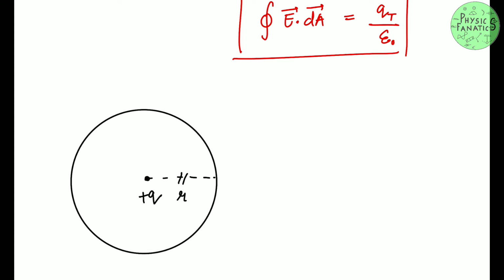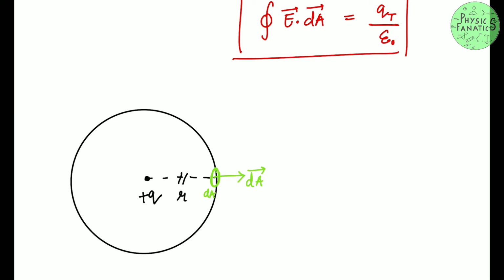So how am I going to find it out? Basically I'm supposed to find out the flux. I cannot say whether the electric field is constant throughout any particular surface. So I will assume a small area. Let me call this area dA. This area vector obviously will be perpendicular to the surface. So I've assumed a small area, and this is very small, actually point-like. You have to assume it point-like.